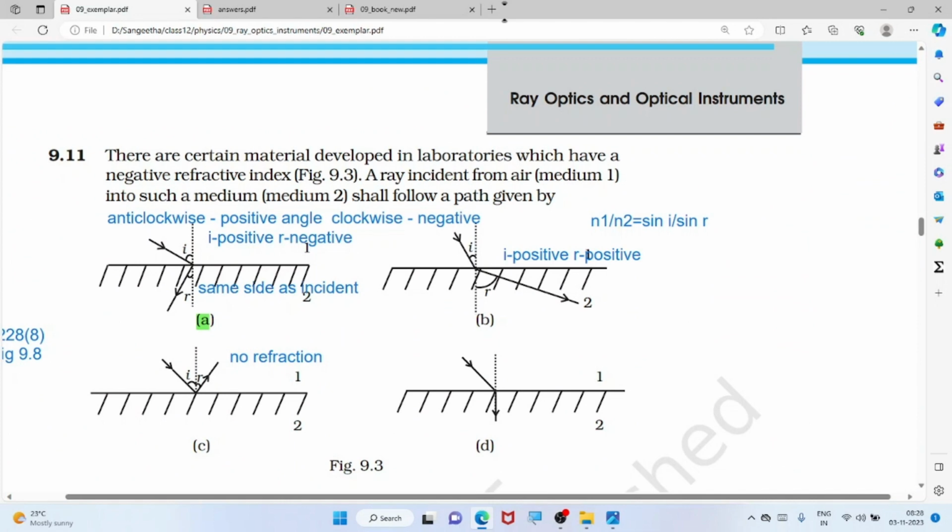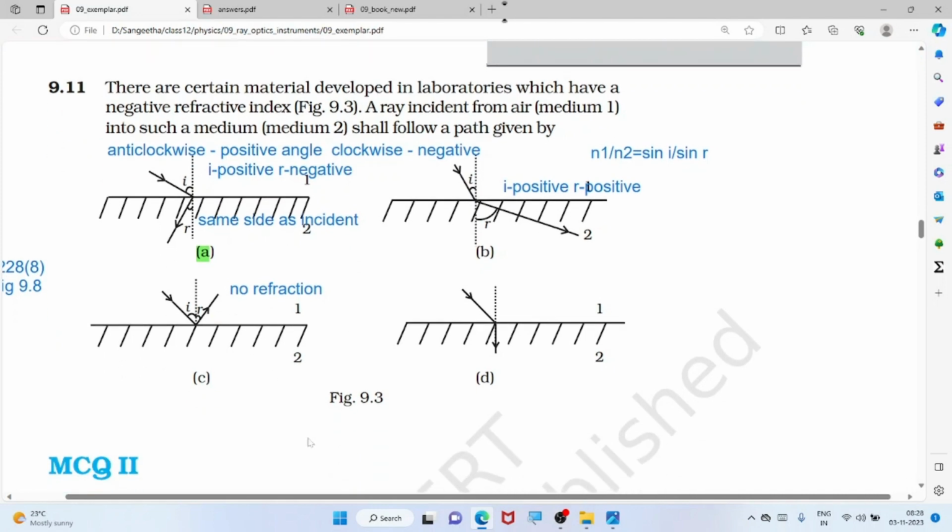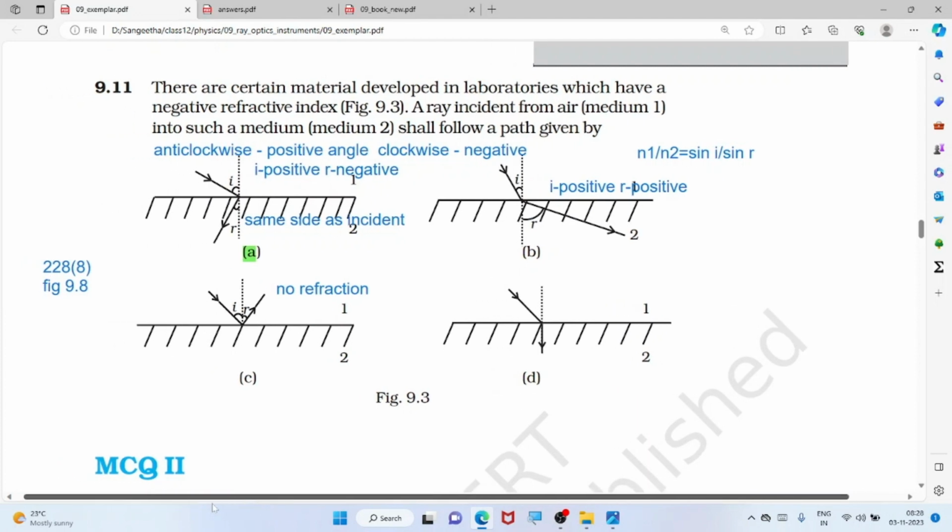There are certain materials developed using nanoparticles which have a negative refractive index. A ray incident from air, medium 1 is air, into such a medium, meaning a medium with negative refractive index, shall follow the path given by. The angle measured anti-clockwise is a positive angle, and clockwise is a negative angle. So here the incident angle is positive,